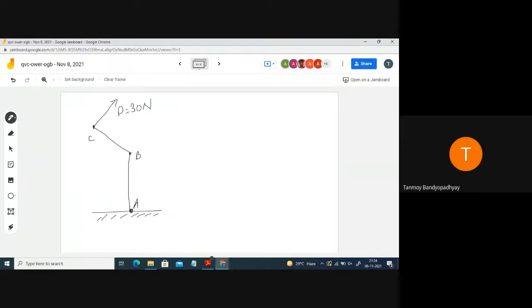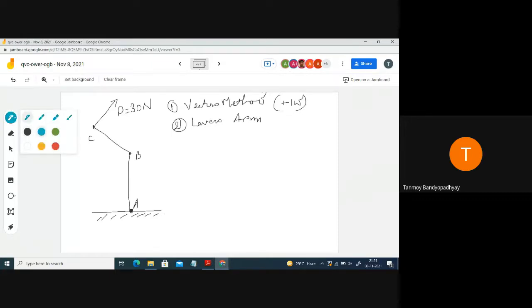So at your home you try by the vector method. I will do this by two methods. One is the vector method, that we have to do. So this I am giving as homework. Vector method is too important, so that is why I am giving it as homework so that you can try it at your home. Here we will be doing it using the lever arm method. So the lever arm method we will do now. So the vector method is just a suggestion.